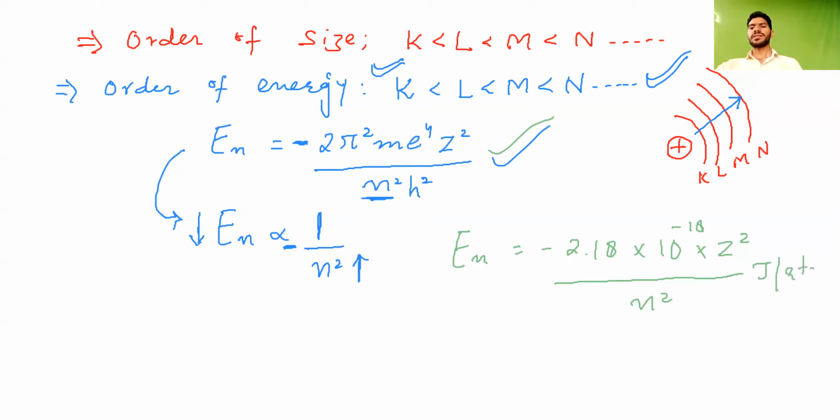We have already discussed this formula to calculate the energy of an electron in any shell, in any energy level. These are also known as energy levels. You can call them shells or energy levels, but they are three-dimensional. Bohr's model is a 2D, planar model, but actually the atom has a 3D structure. You have to note that down.